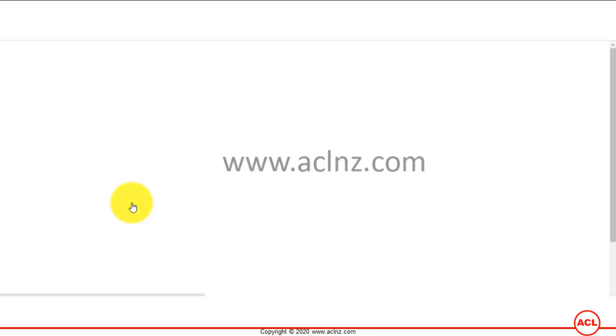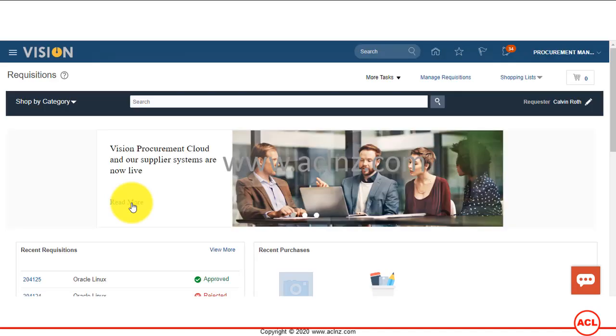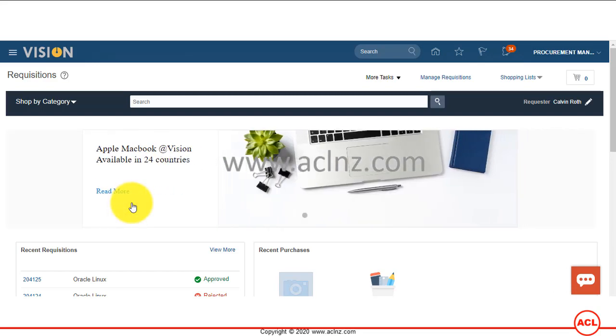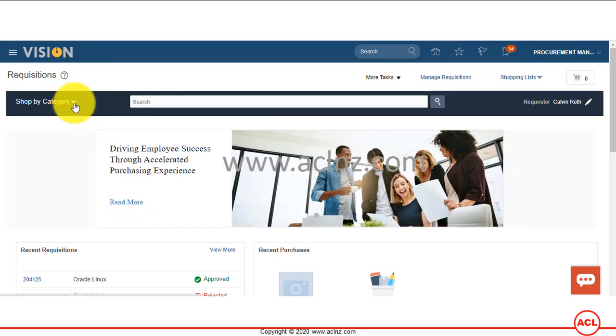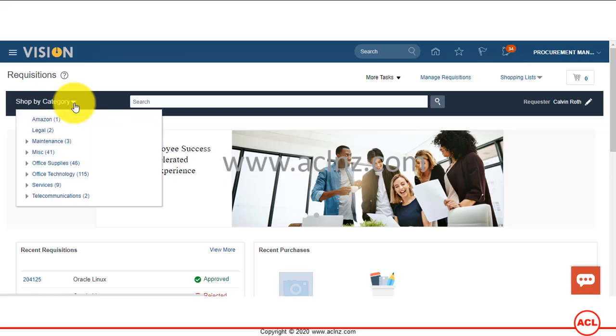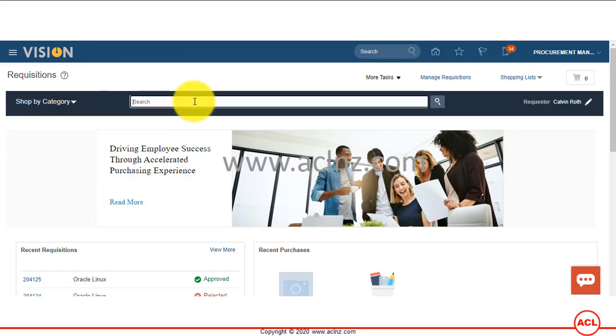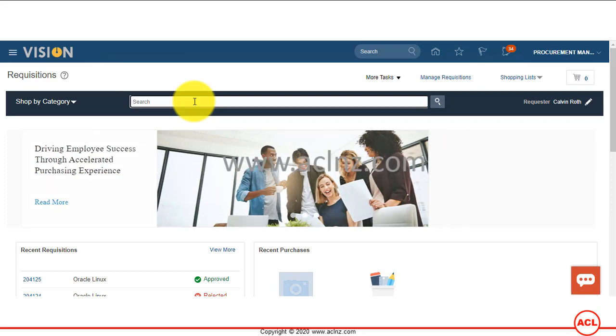and that will open a shopping portal for me. It's an internal shopping portal, just like any other shopping portal that you would have seen, like Amazon or eBay or Flipkart or other leading shopping portals that you could think about. And here, just like any other shopping portal, you've got to search and find out the items that you're looking to buy, or alternatively you can search by category, or if you know the name of the item, you can use this search feature to type the name or part of the name to search for it.